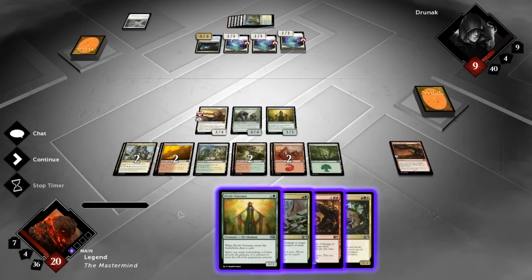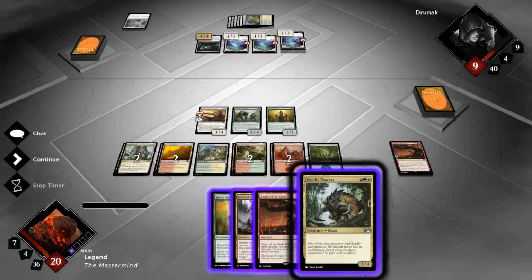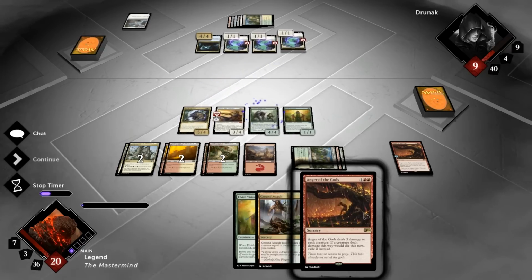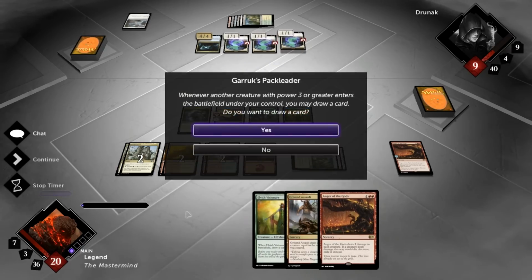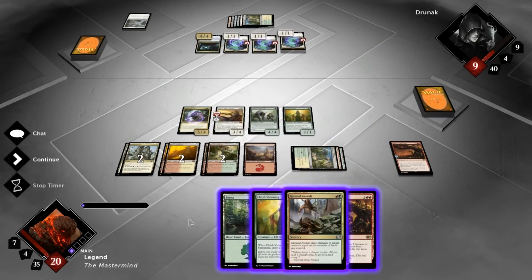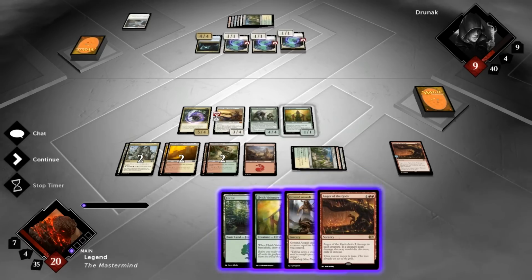Let's see here. Think we play the Thoctor, as it doesn't die to our own Anger of the Gods. Yes, please. Alright, so we could Ground Assault and Anger of the Gods and then just attack for 8, which puts our opponent pretty close to dead. But I think if we can get more value out of this Anger of the Gods,